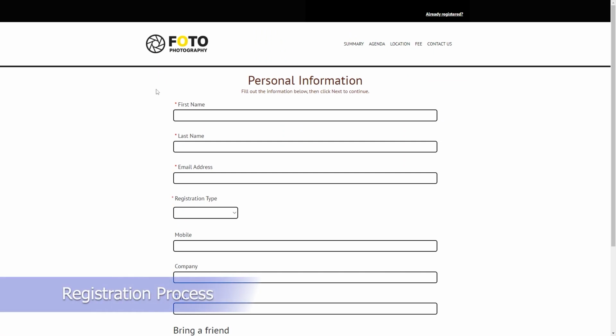The first page of the registration process is known as the personal information page, including these three fields that are at the very top: first name, last name, and email address. Now, these three fields are known as the identity confirmation fields because these are the three fields which help us determine one invitee from another. After entering details in these three fields,